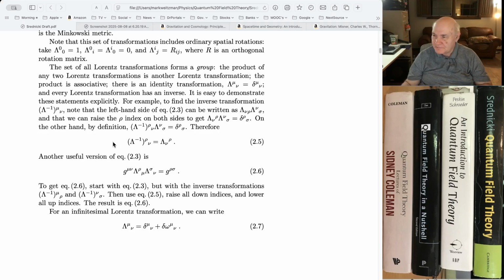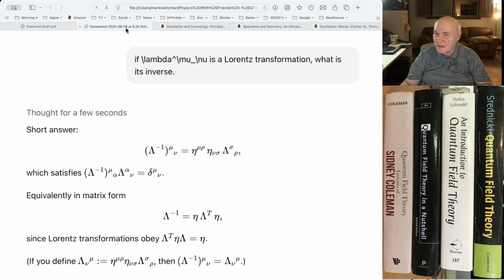As a matter of fact, one of the first things this morning when I was reading the news about GPT, the new version 3.5, I tested it, and I asked it right away: if lambda mu nu is a Lorentz transformation, what is its inverse? And after a few seconds, it said lambda inverse mu nu is equal to this, which if you raise and lower indices,